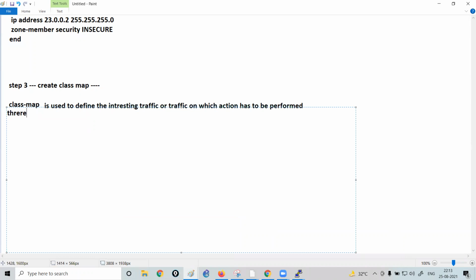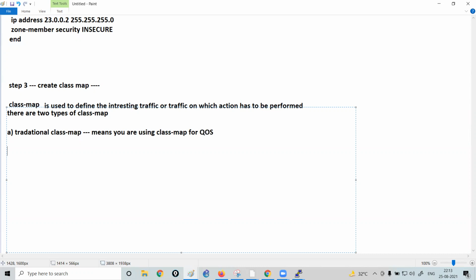Now, whenever you are going to talk about the class map on the routers, there are two types of class map. The first one is the traditional class map. That means you are using the class map for QoS, that means quality of service.